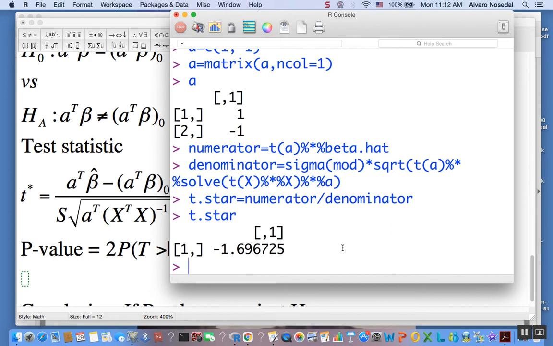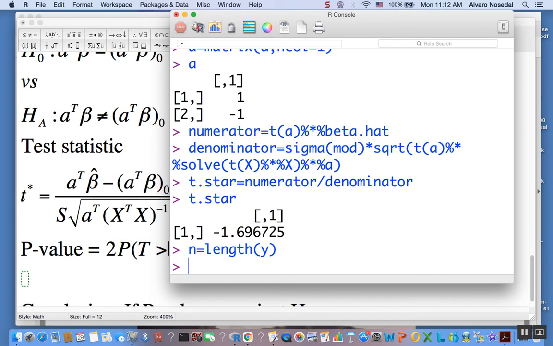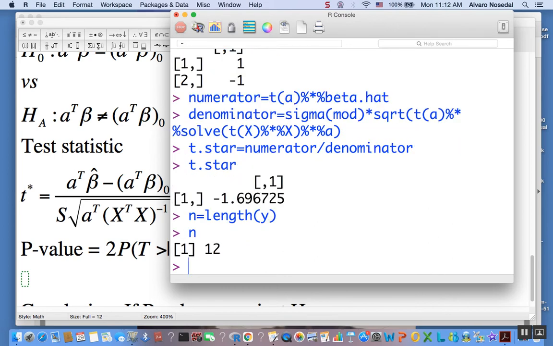So first, note that n is the length of our vector of observations, right? So that's going to be 12, of course. Now,